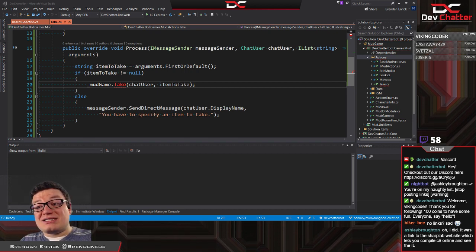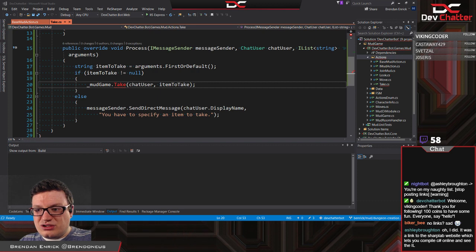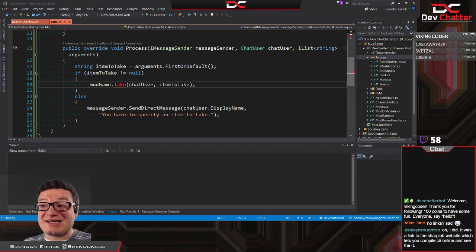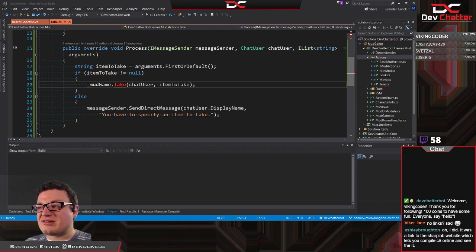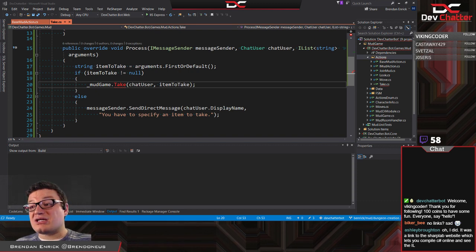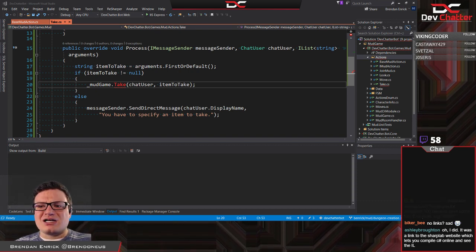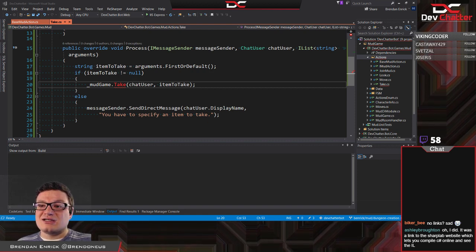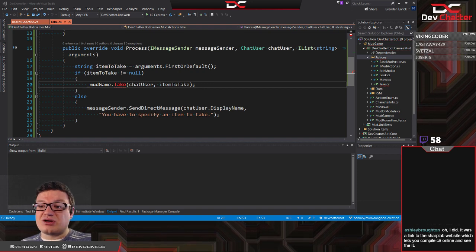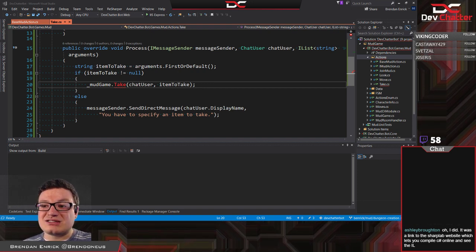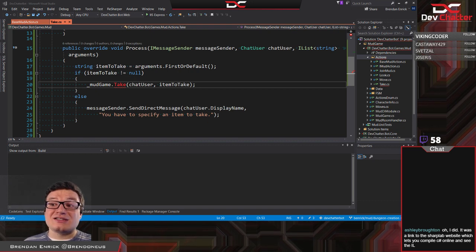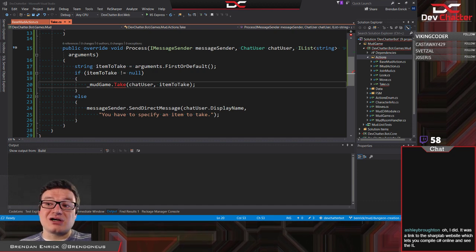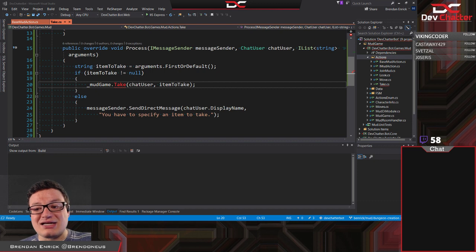Janiscu, .NET Standard is fantastic, I agree. No links. Yeah, sorry, Biker B. We do lock down links just because we're a developer channel, so we don't want someone to post links that are dangerous to click on and things like that. But in general, it just reduces the amount of link spam. There are a lot of regulars that are greenlit to be able to send links, so you'll probably get into that boat eventually. We also have certain links that are whitelisted. So if you want to link to something like the Microsoft documentation site, I believe Microsoft Docs is whitelisted, so you can link to that.